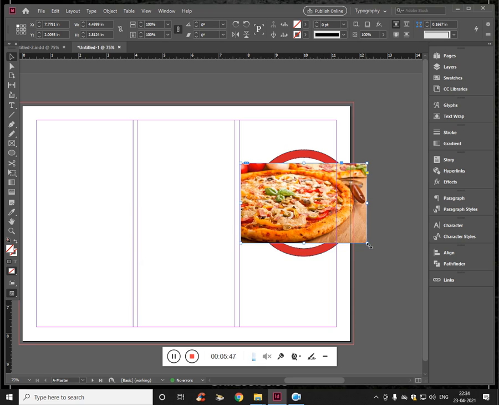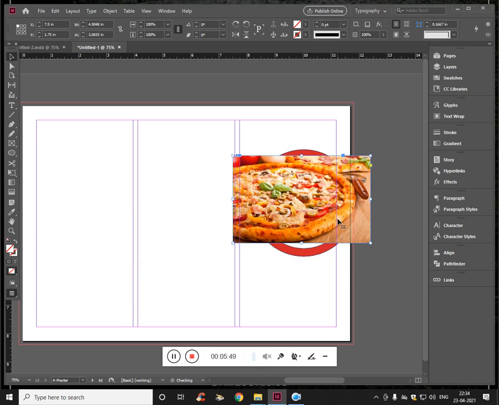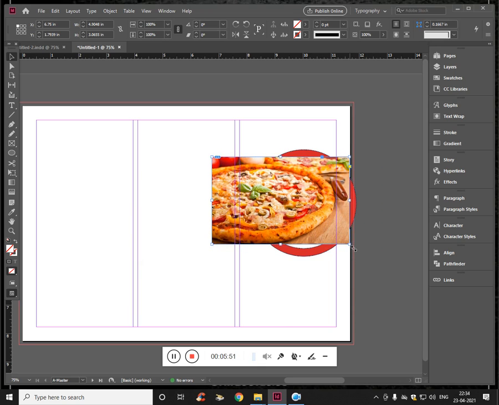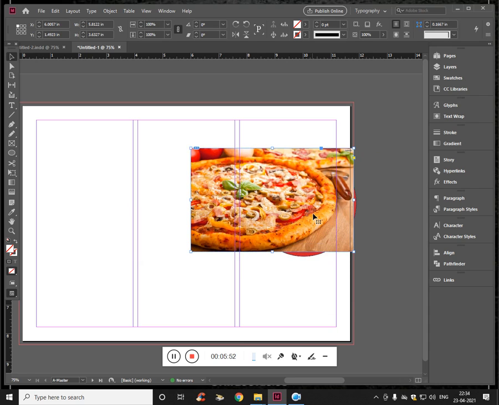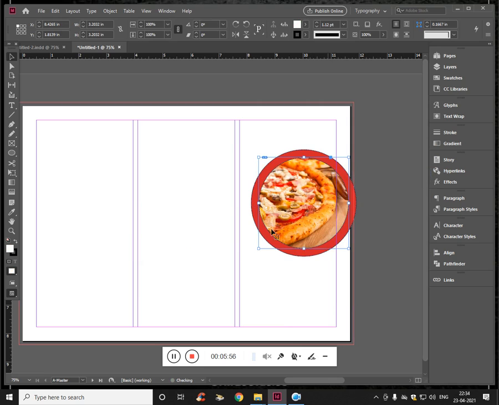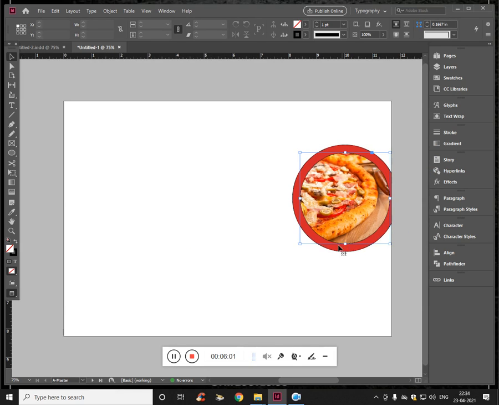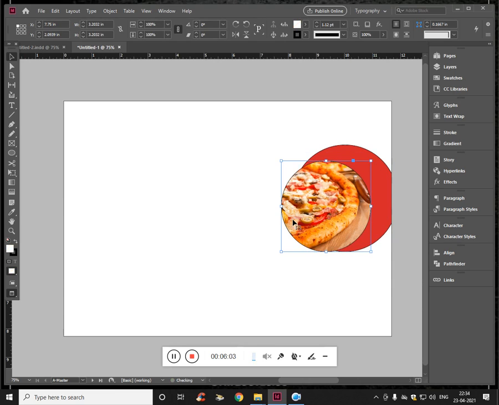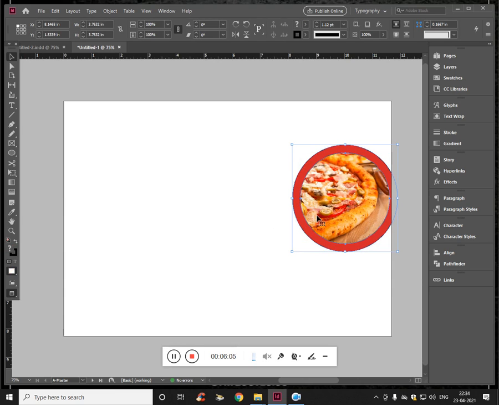Zoom out. Now what we need to do is click this one and add the color. Cool. Now press W and move this to the back. Arrange, send backward. Cool.